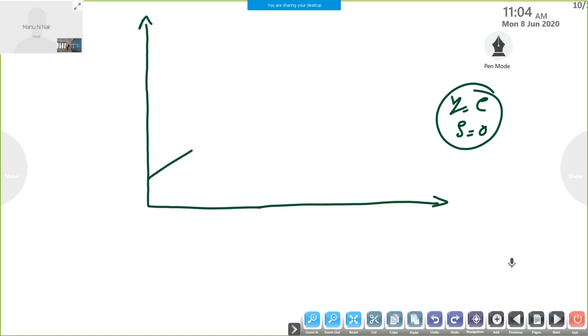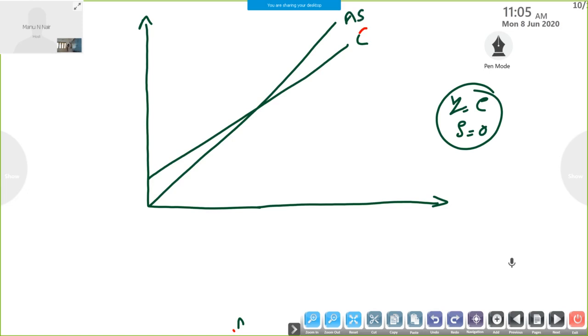So first the consumption curve, then AS. This intersected point shows